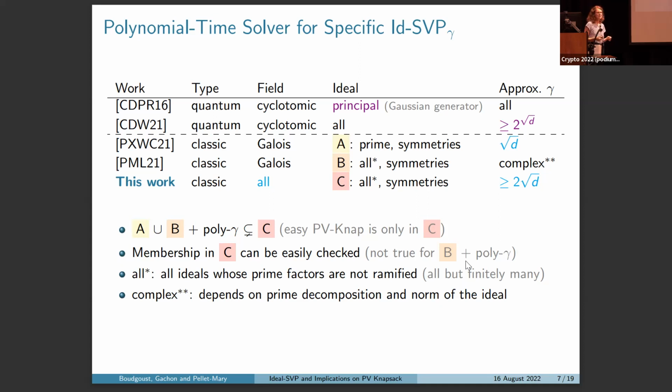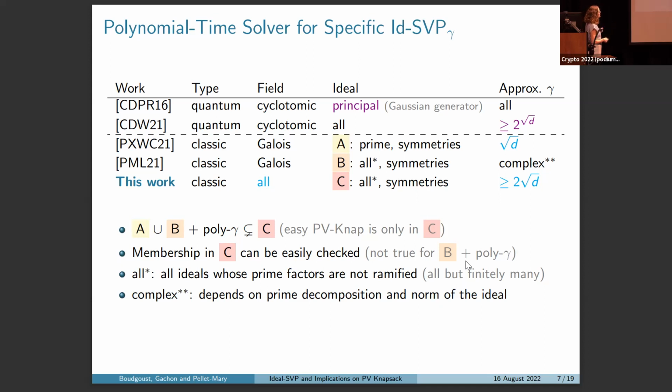But now the approximation factor is much harder to grasp. In particular, you need the prime decomposition of the ideal and its norm in order to calculate this, and it's not very easy. And so our work generalizes these results in several aspects. First, we work over all number fields. And then the set of ideals that we cover,